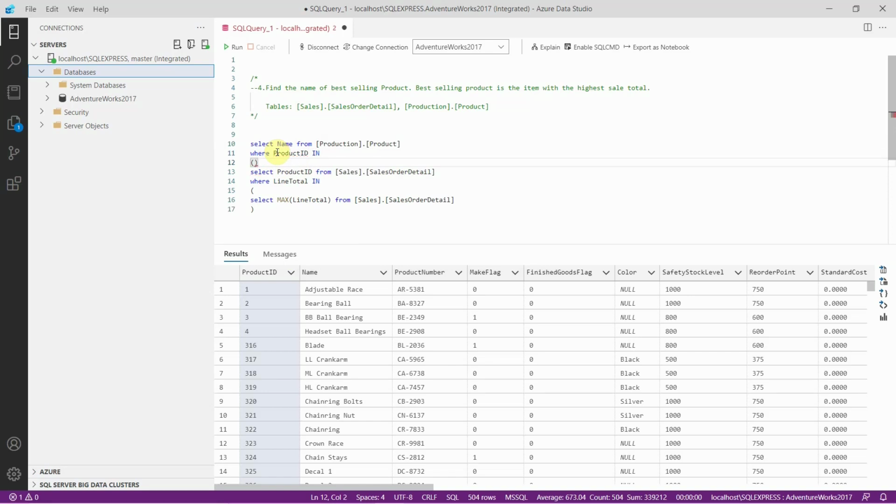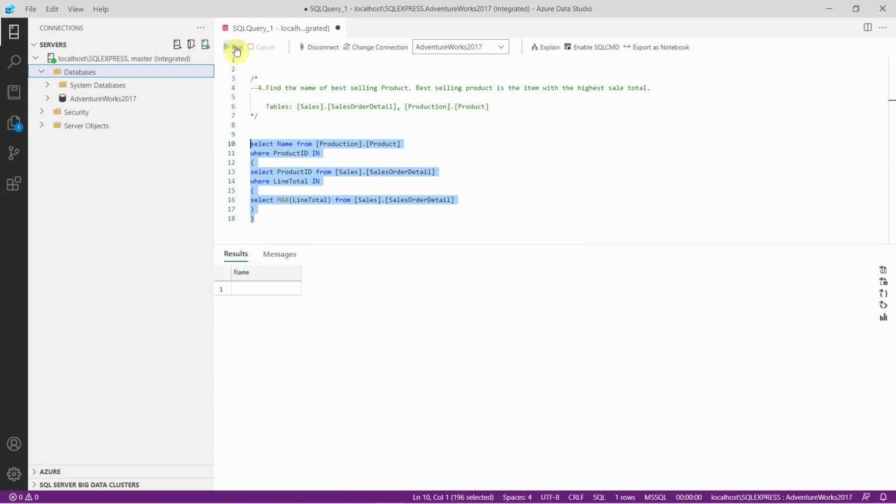So we'll use this as a subquery. So now we are getting this product name. And you can find the Touring 1000 Yellow 46 product is going to be the best selling product in this